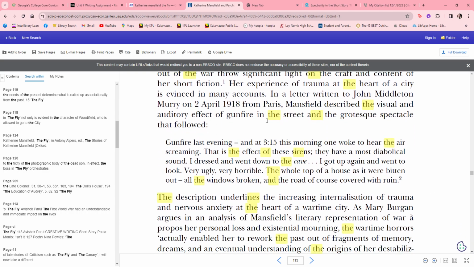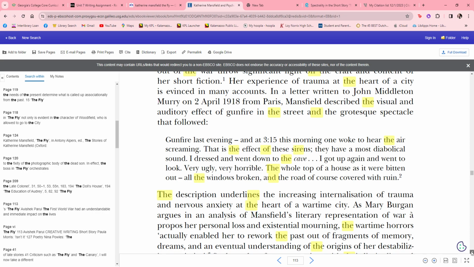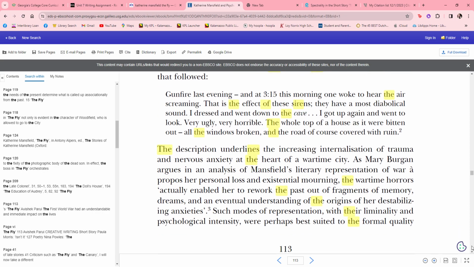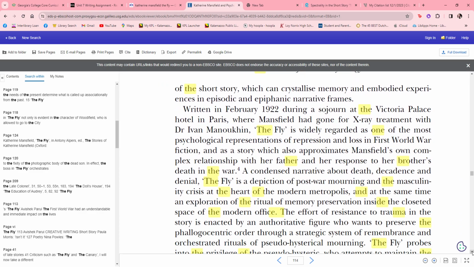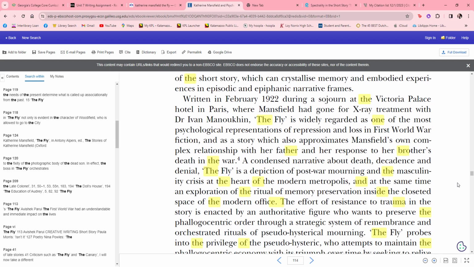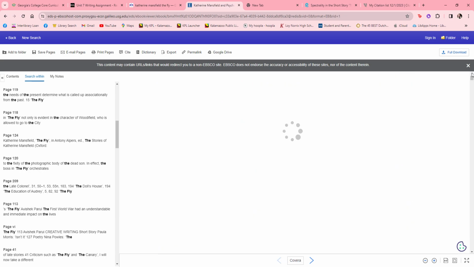So, all of this, as you're thinking about your character, you would just want to skim through your articles and take notes on anything you see that you feel is important to helping us understand the character of the boss and the fly. And then take notes as you're going through. And when you're ready,